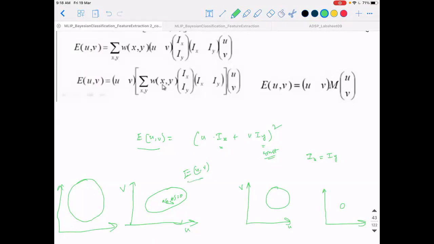See, what does u comma v quantify in our discussion? I need quick answers. It quantifies the shift in the image patch. Very good. u comma v quantifies the shift in the image patch. Okay, u comma v is the shift. What is u comma v? I want to know what u comma v is.